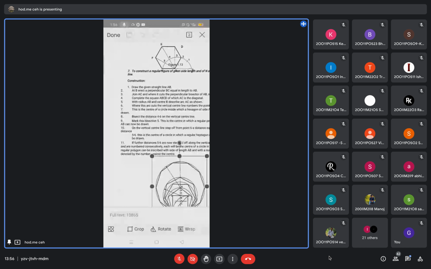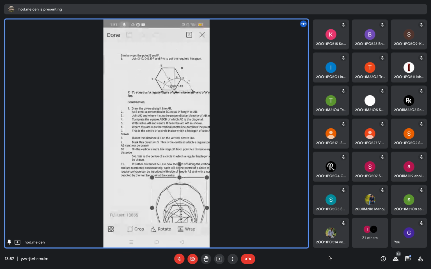See, in the first sheet, the geometric construction has eight to ten problems that can be given in the drawing sheet. Okay, this is an important problem. In all these problems, we can see intersecting lines forming a regular polygon, hexagon, and the two required. Okay, see, first one: draw the given straight line AB.